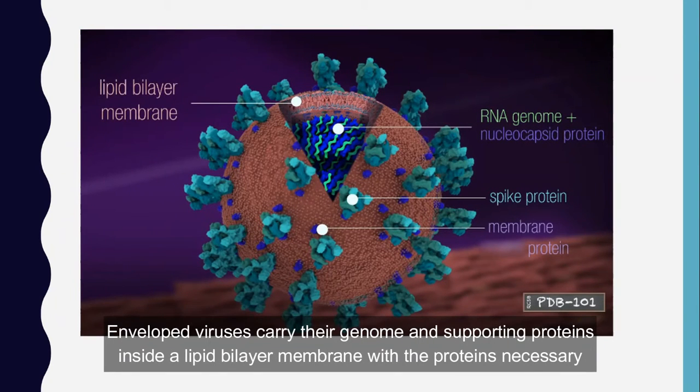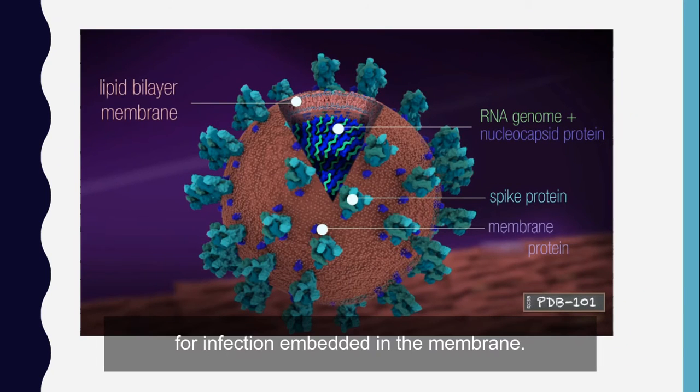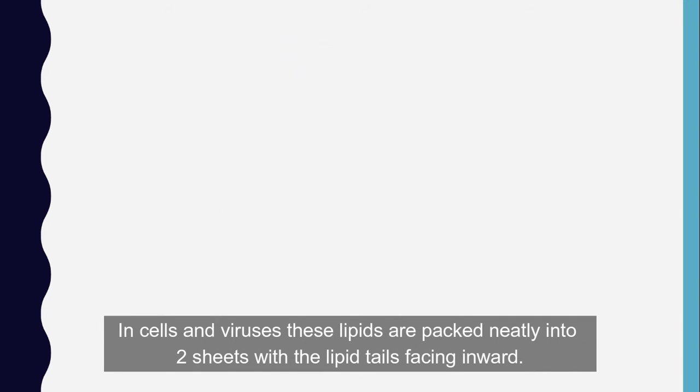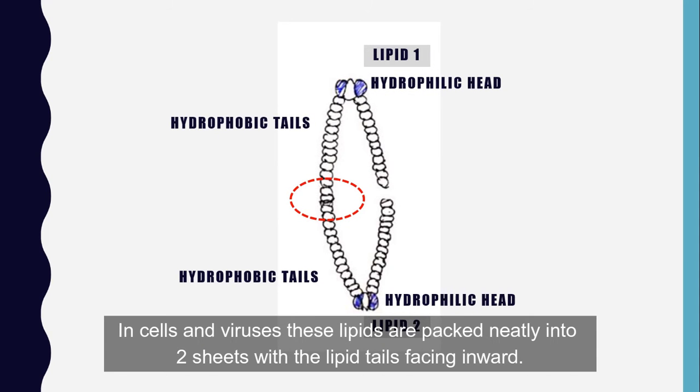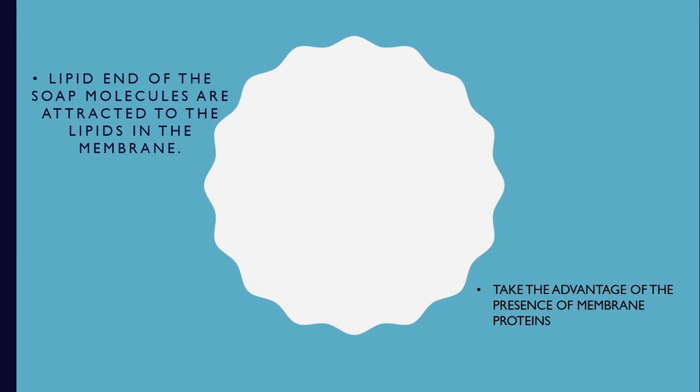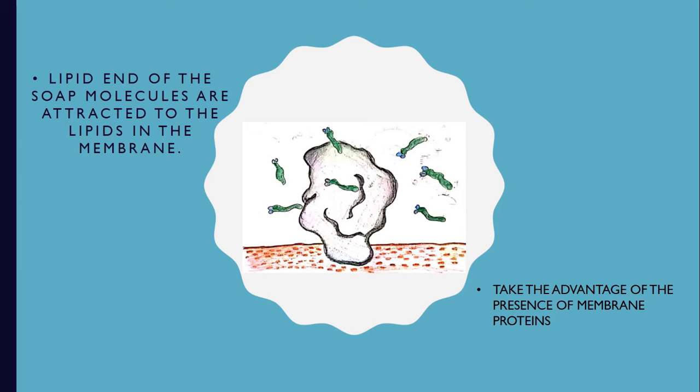Enveloped viruses carry their genome and supporting proteins inside a lipid bilayer membrane, with the proteins necessary for infection embedded in the membrane. In cells and viruses, these lipids are packed tightly into two sheets with the lipid tails facing inward. The lipid end of the soap molecules is attracted to the lipids in the membrane. They take advantage of the presence of membrane proteins, which can perturb the neatly organized bilayer, to insert themselves